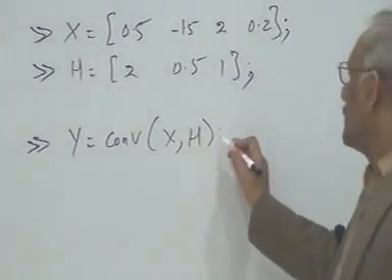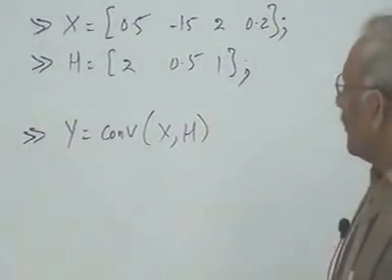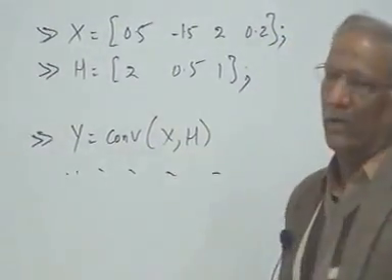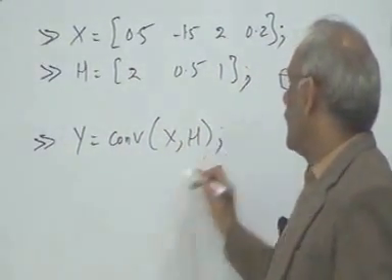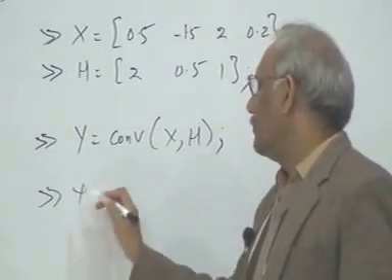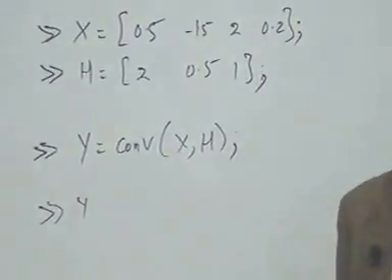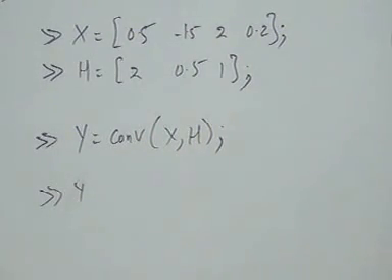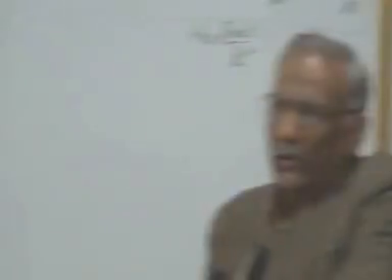Now if you put a semicolon, it will not echo back the value of y. If you don't put a semicolon, it will give you the value of y, whatever values are there, and echo it back. So if you put a semicolon, it will not echo back, and you will yourself have to type y and press enter just to see what y is. So these are very, very basic things, but that is for those of you who are not very comfortable in MATLAB. Start playing around, feel comfortable. It's not a very difficult type of package.